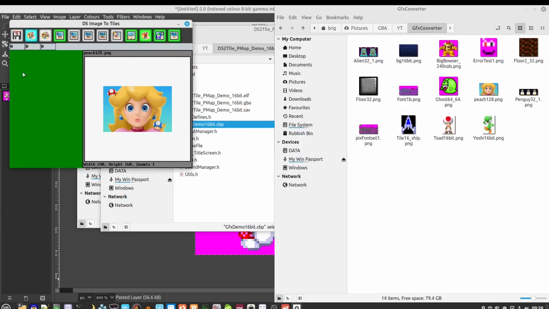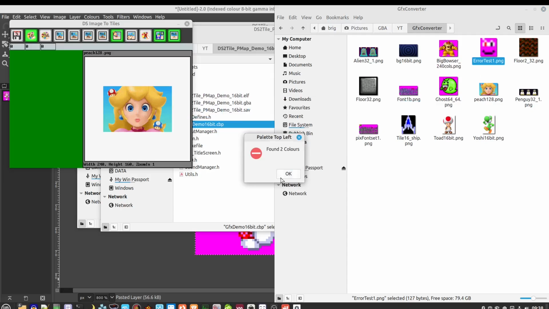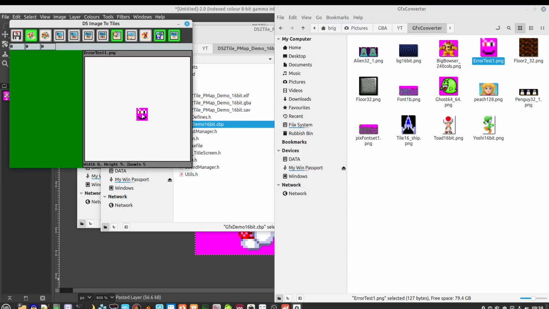So we're back in, say, 16 color tile mode, and if you're working with just 8x8 tiles, switch to palette mode here. So here's our first image. We've only put 2 colors in the palette, but we have 2 illegal colors in there. So if we go to save this now,